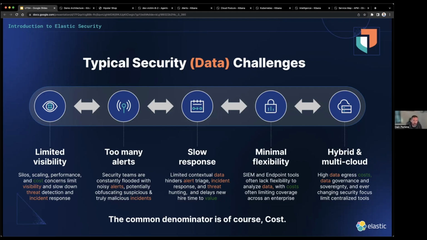That, combined with limited context of the information that you are seeing, means every alert you've got to triage, you've got to investigate, you've got to dig in to find out, is this real, or is this something that is a false positive? Is it something that I can pass on now to deal with another important event today?